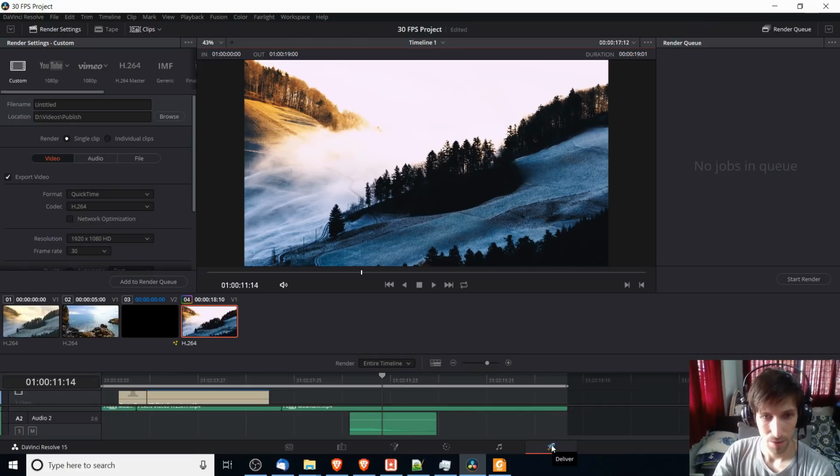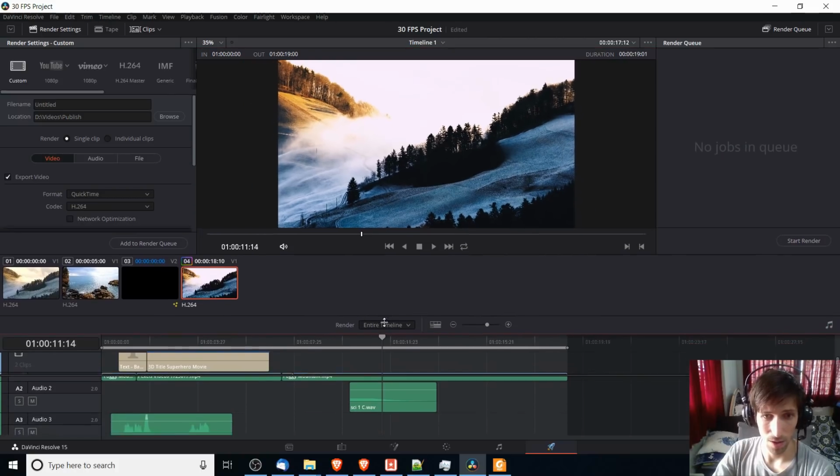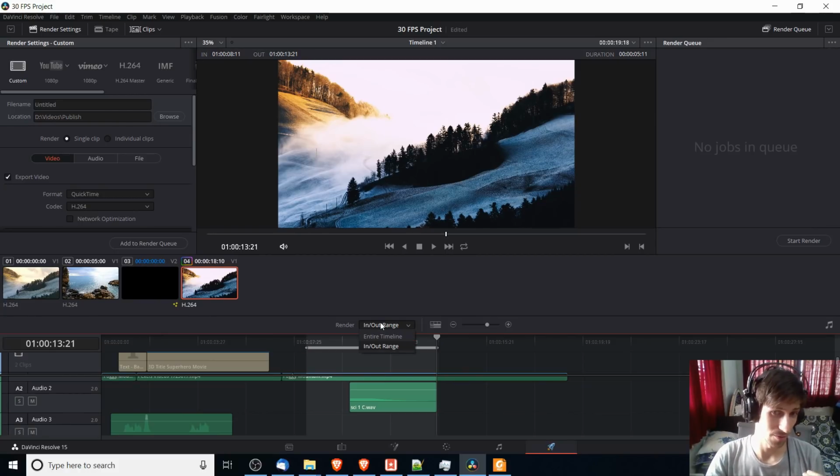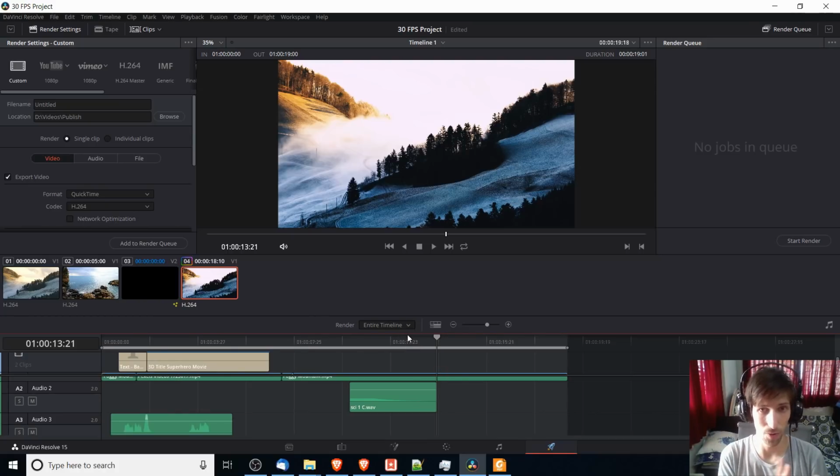video export. Generally, when you render, you're going to want to have entire timeline selected, but if you want to only export part of your timeline, make sure you hit I on the keyboard to set an in point, O to set an out point, and then instead of rendering the entire timeline, it'll now render in an out range. You can, of course, change that back to entire timeline if you want to render the entire video, usually what you want. So then in the render settings over here on the top left-hand corner, you will have custom settings